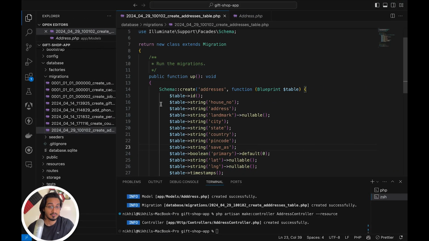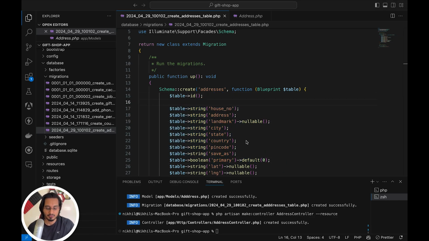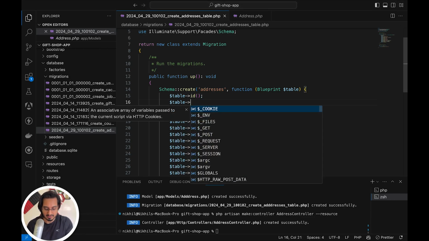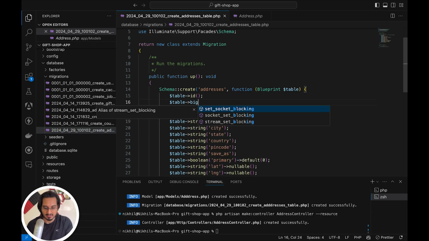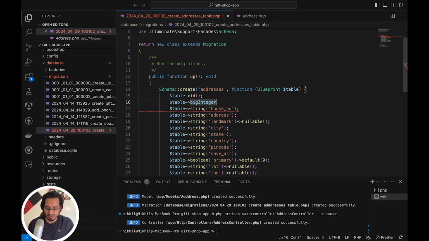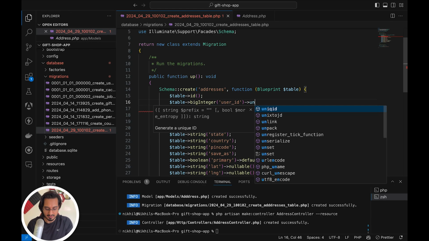Same thing, except one thing, which is the user ID. So we need to have user ID here. How will I have it? What I need to do is I'll create a table. It's going to be big integer because the ID is always big integer. The ID that is created by this particular function is also a big integer, which can take a bigger number. Okay, so big integer, then the ID name will be user ID, and the value will have an unsigned